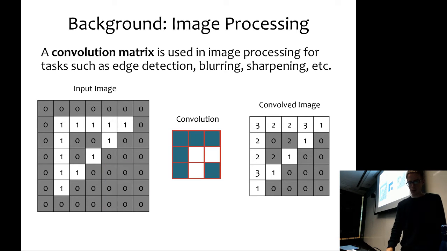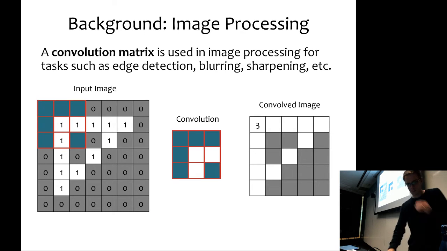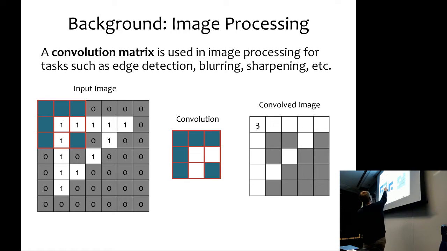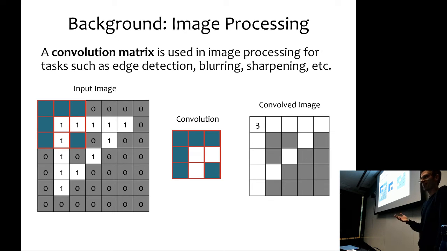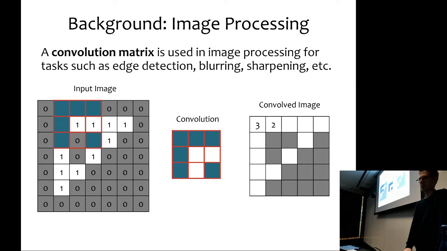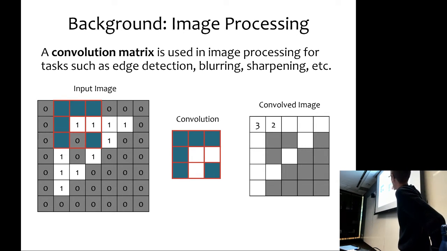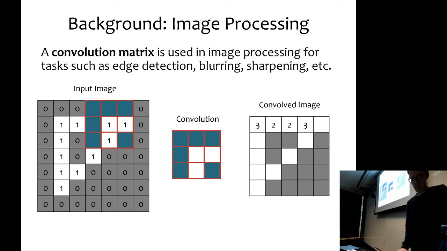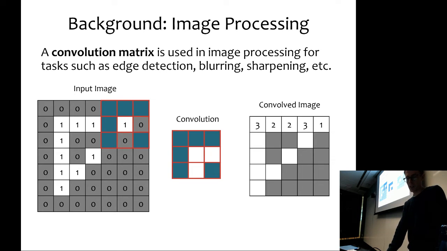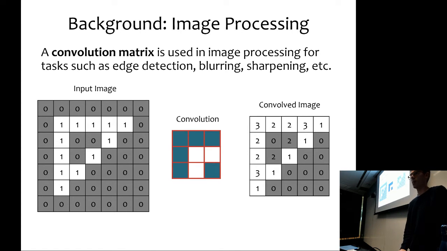Okay. So, for example here, if we wanted to compute the value in the upper left corner, we could lay our convolution down over our image, and then taking its product is really just, because these are just 0s and 1s, adding up the numbers that we can actually see, right? Okay, so that's going to give us 3. And then this is going to be 1 times 0 plus 1 times 1 plus 1 times 1, which is 2. And then again, 1 times 0 plus 1 times 1 plus 1, and so on down the line. So we keep taking these inner products. We get 3, 1, 2, 0, and so on to get the rest of the convolved image. Okay.